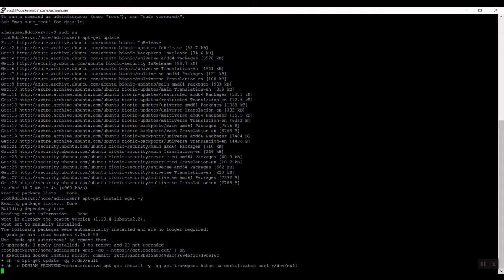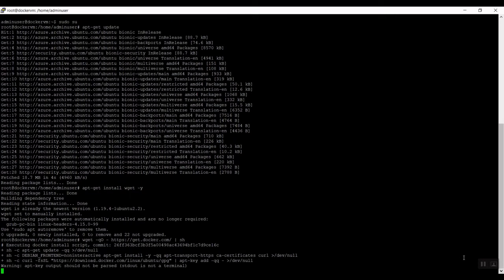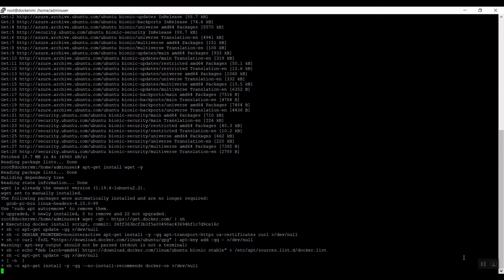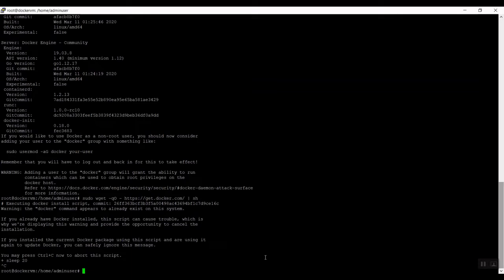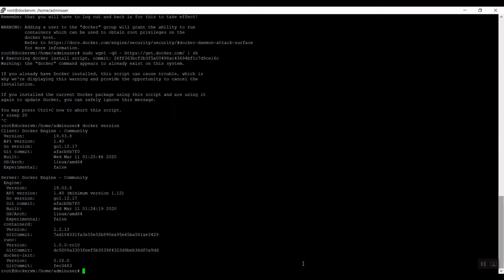Then execute the command docker version. Here you can find the version of Docker which has been installed just now. Let's wait until Docker gets installed. The installation is complete. Let's check the version of Docker by running the command docker version. This will give the version of Docker. Then let's start Docker by running the command service docker start.